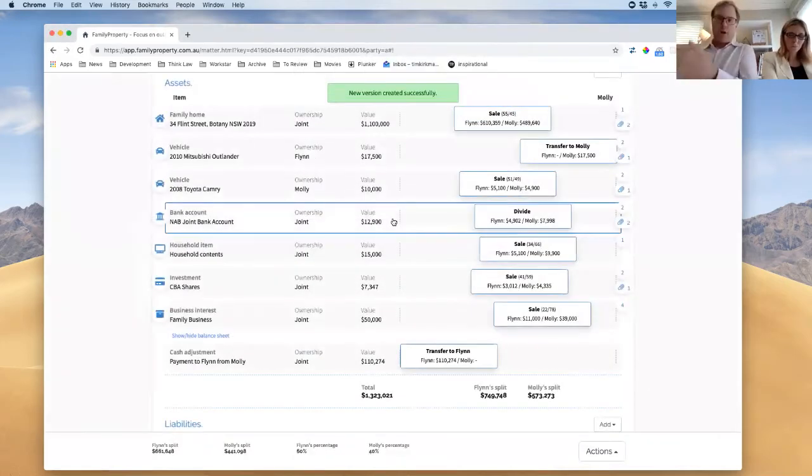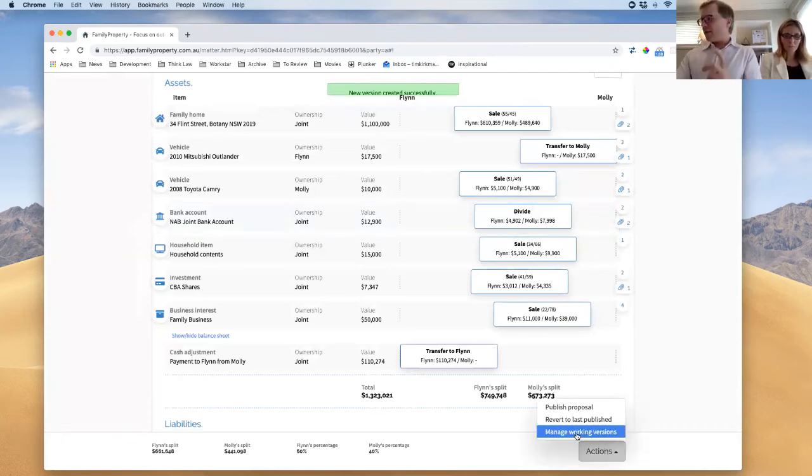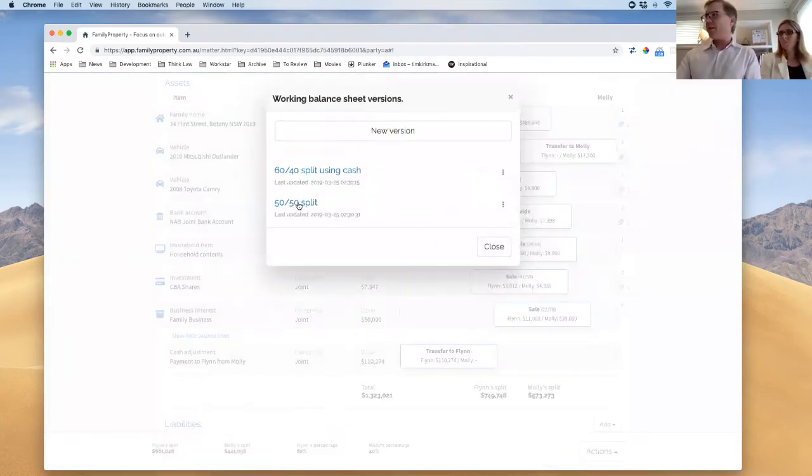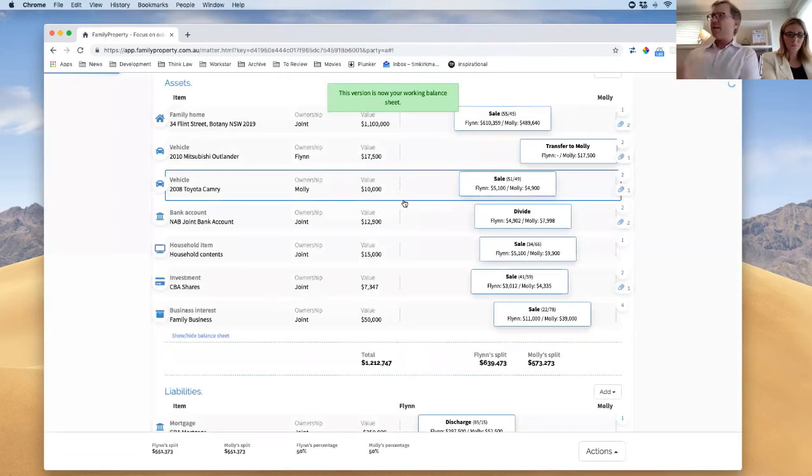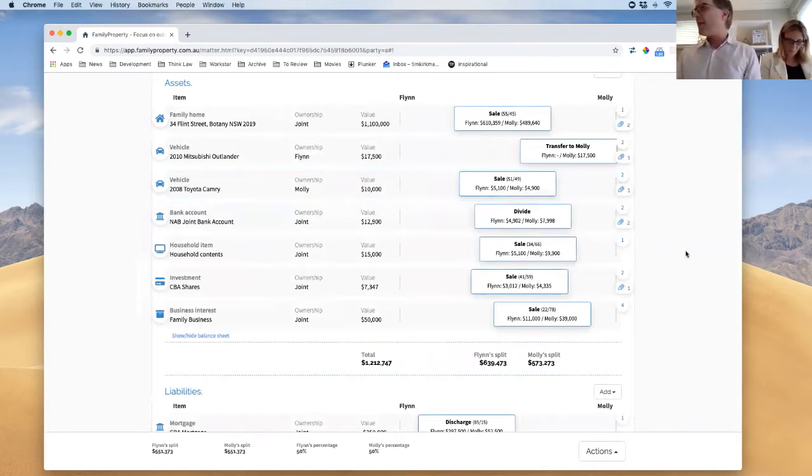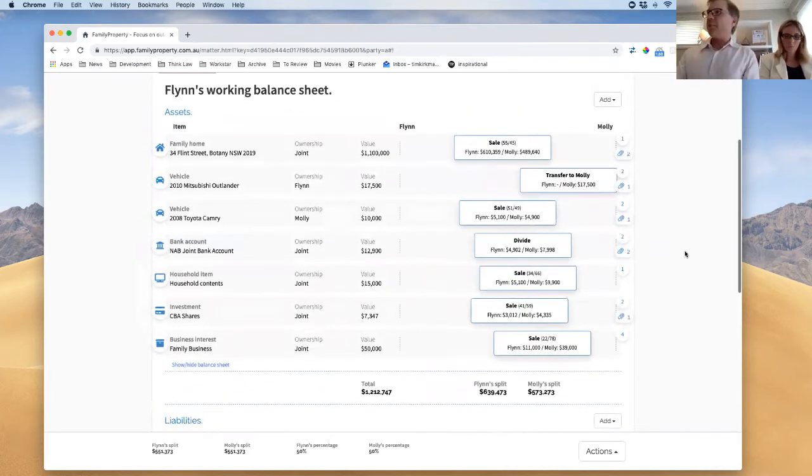And so now I've got a few different working versions, and I can switch between them quickly and easily. So what was that 50-50 again? So now it's loaded this one back in. So I can continue to model proposals, and I can continue to jump between them and review them with my client. Now, when you're ready to potentially put forward what you see in your working balance sheet as, let's say,